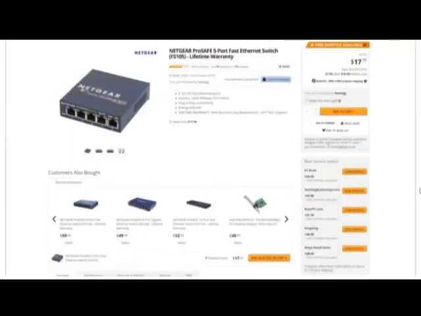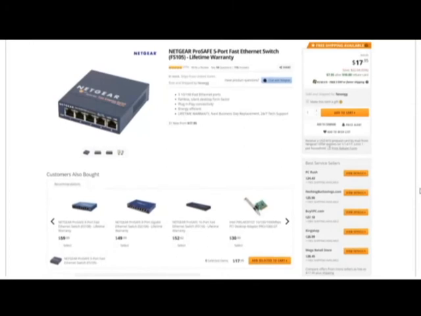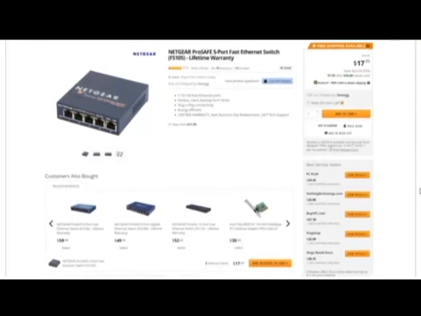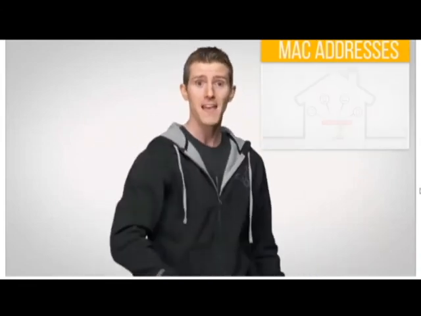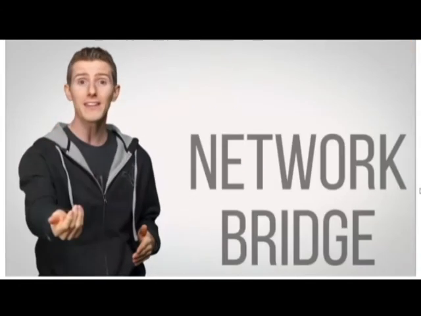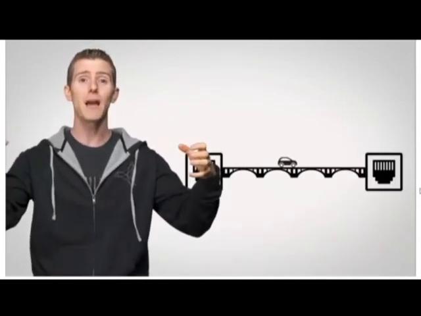If you have a lot of wired devices and the few ports on your wireless router aren't enough, the solution for you is an additional network switch. These can turn one Ethernet port into many, but usually need to be connected to a router to handle assigning IPs, remember those local addresses, to all the devices on your local network, something you can learn more about here. And if you've ever wondered what a network bridge is, it's simply a device that links devices together by having inbound and outbound Ethernet ports. So a switch is just a bridge with a lot of outputs.